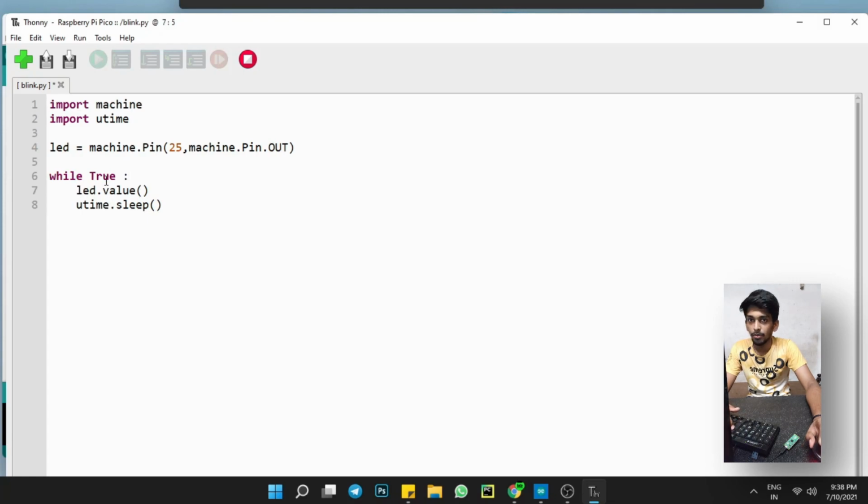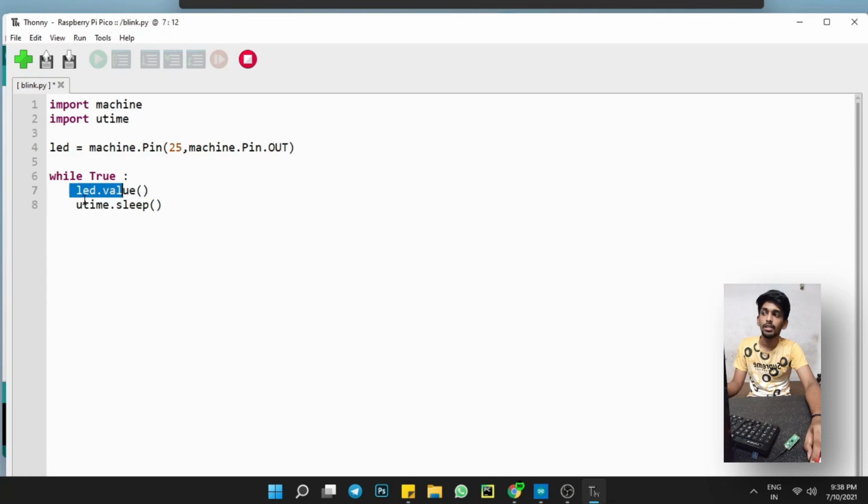If I remove this indentation and run it, it won't work, because the while loop would have only the sleep time, so it keeps on sleeping.